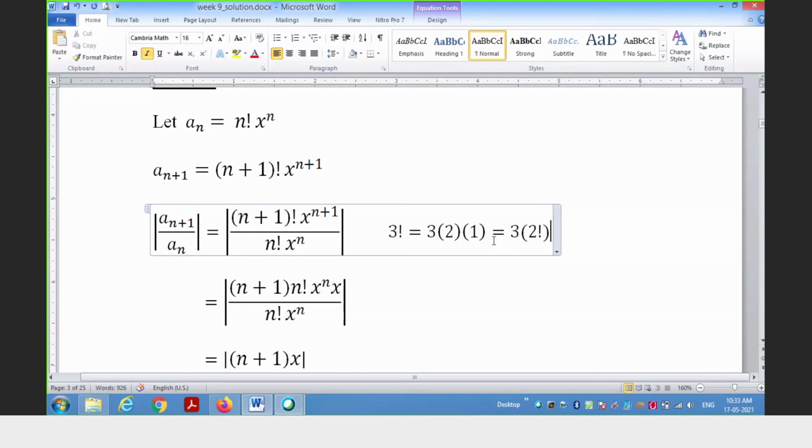So it equals 3 times 2 factorial. The same thing here: (n+1) factorial is equal to n plus 1